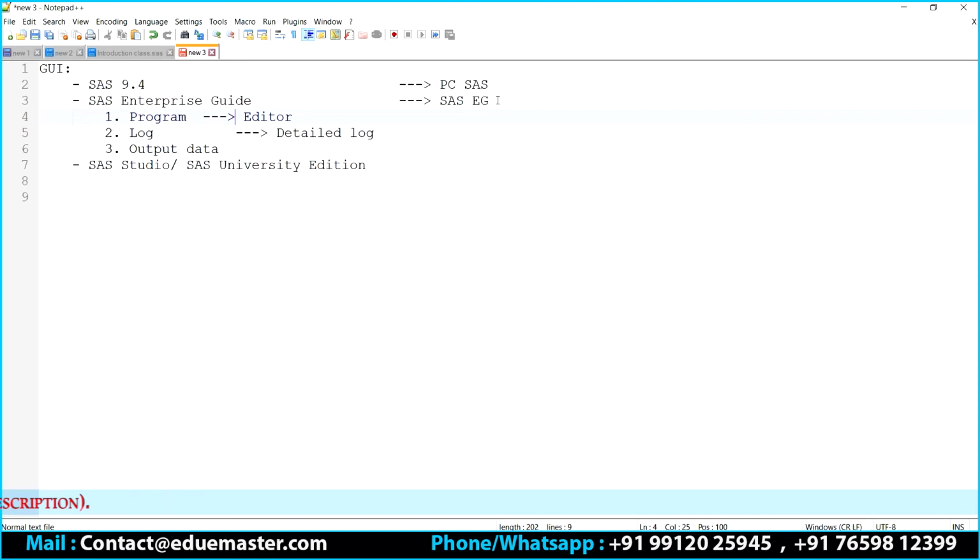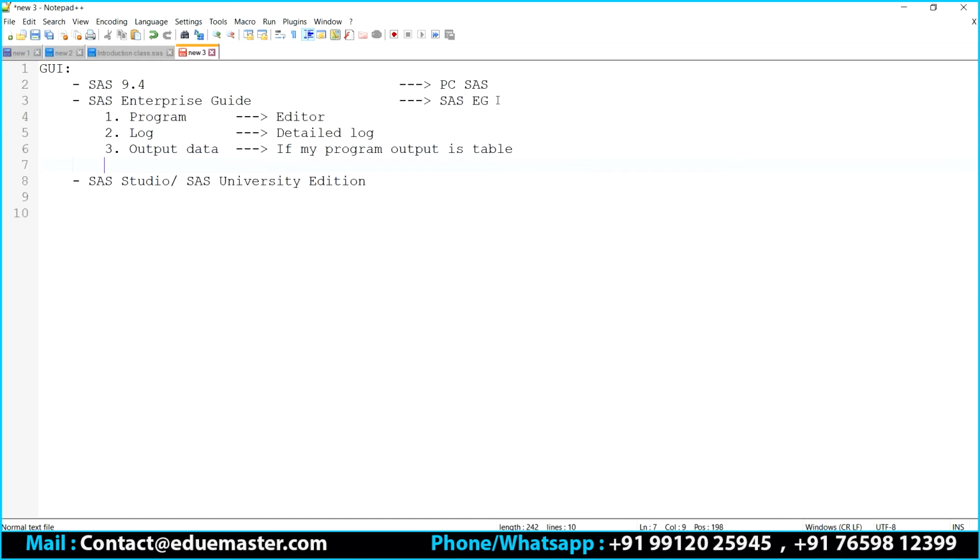This is where I see the output if my program output is a table. Number 4, I'm going to have a results window. This is for when my program output is a report. Clear? In addition to this, I'm also going to have my process flow.